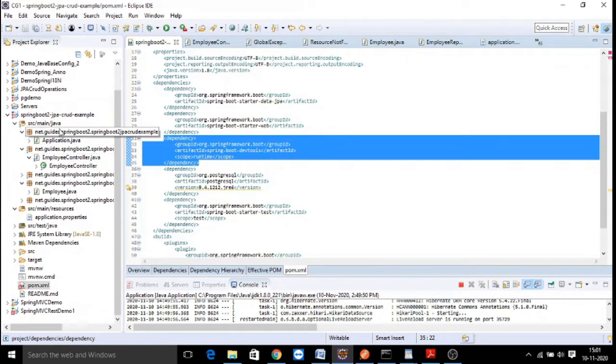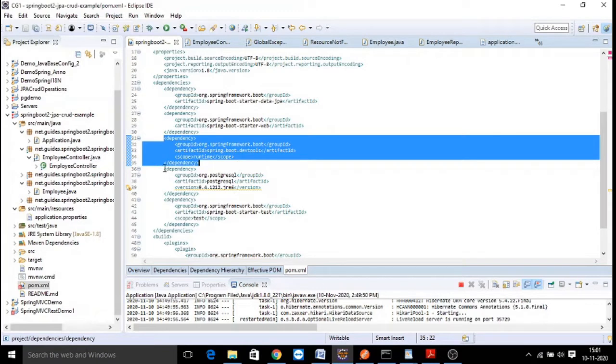This is nothing but whenever you do some changes to your code, the build is created automatically. You don't need to build the project again and again when you add the dev tools. Whenever you change any file, it is going to rebuild it. That's the purpose of dev tools.